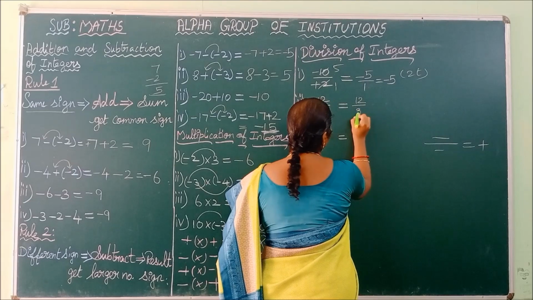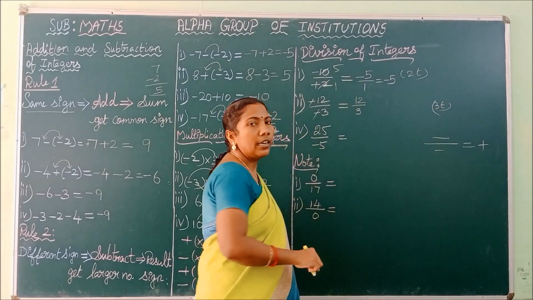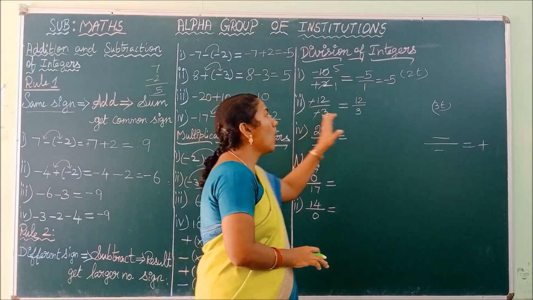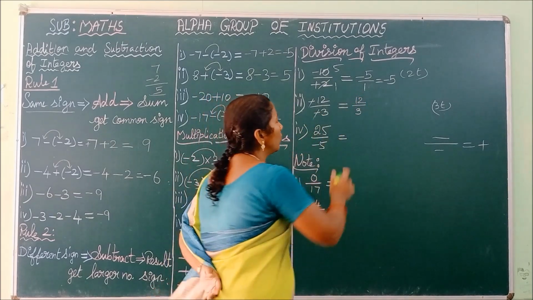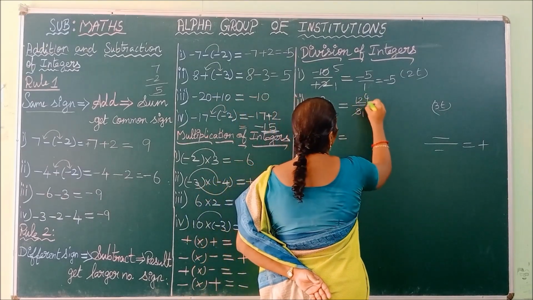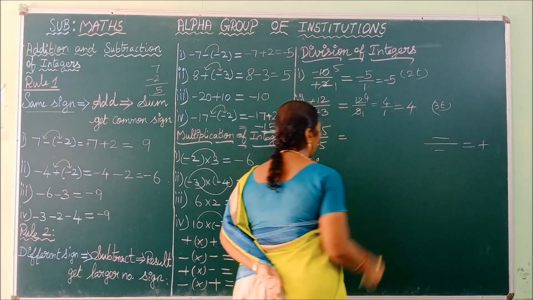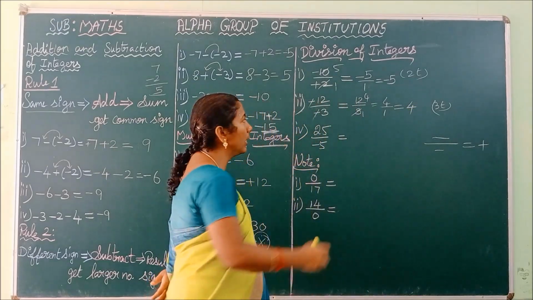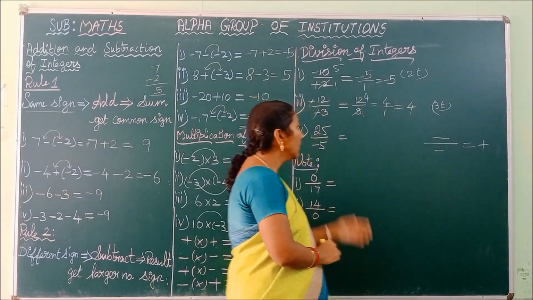Next we go for the cancellation. 12 by 3. We can use the 3 table to cancel both the numerator and the denominator. You should use the common table to cancel both the denominator and numerator. So 1 3 is 3, 4 3s are 12. So 4 by 1, leave the denominator 1 and write the 4 as it is. So our answer for minus 12 by minus 3 is plus 4. Okay. See the next one.